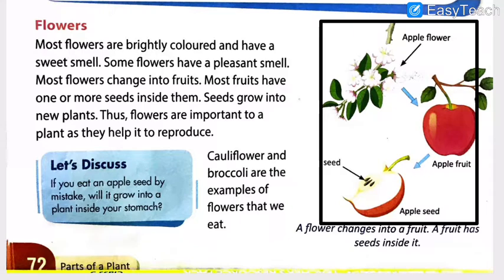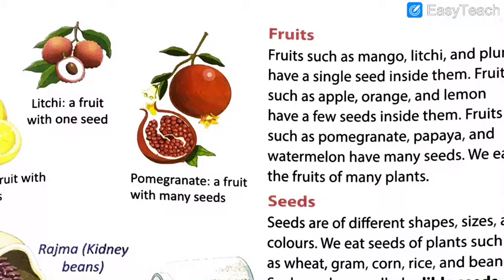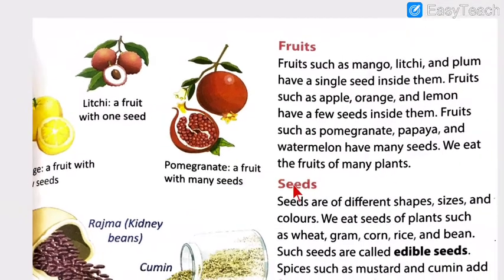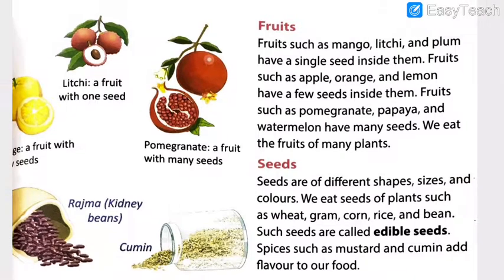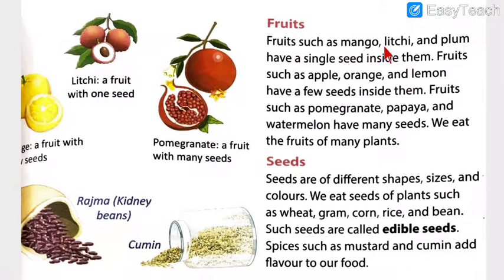So I hope you understood the concept of flowers. Now the concept of fruits. Fruits such as mango, lychee and plum have a single seed inside them. Fruits such as apple, orange and lemon have few seeds inside them. Fruits such as pomegranate, papaya and watermelon have many seeds. We eat the fruits